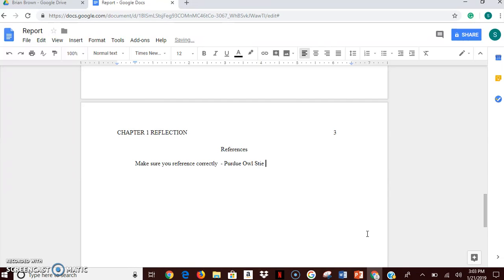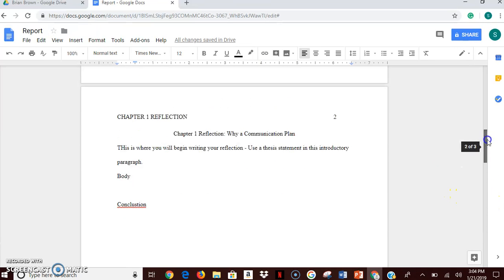And look for APA format and style. Okay? Anyway, now one thing to remember there is once you start your assignment, and let's say you didn't finish it,